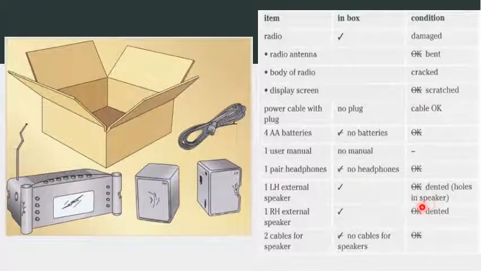Holes in speakers, this is holes in speakers, okay? Then RH external speaker, it's dented too. So again, LH external speaker, it's dented, and RH, it's dented too. Then cables for speakers, there is no cables for speakers, okay? Then